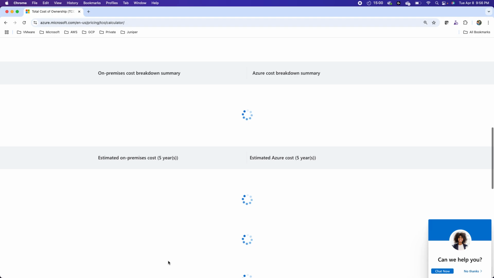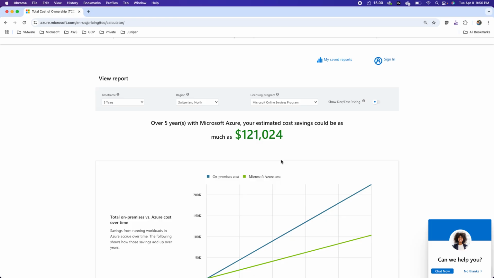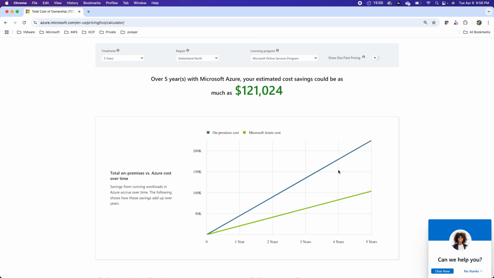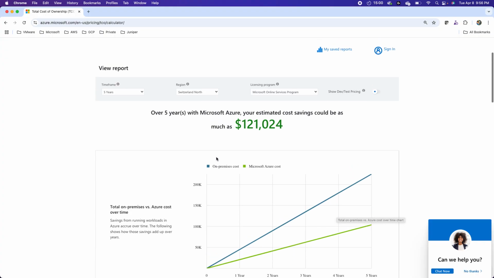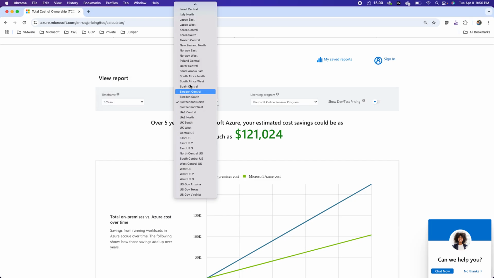Finally, I go with next to see the report. This report shows what the cost will be on-premises and what it will be in Azure. So the green is showing the Microsoft Azure cost, which is lower than the on-premises, and I can use the time frame for 5 years, 3 years, 1 year, for how long I'm looking for this, and the region where exactly I'm looking for this. So Microsoft's cloud cost, or running the resources in the cloud, the cost varies actually depending